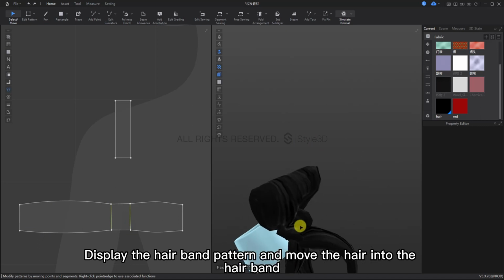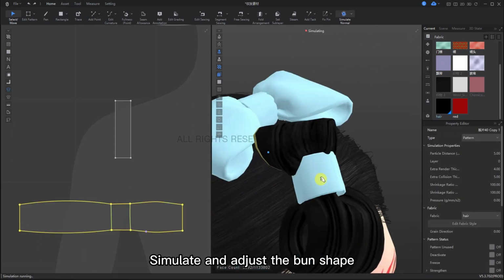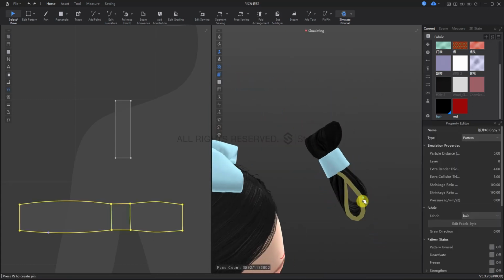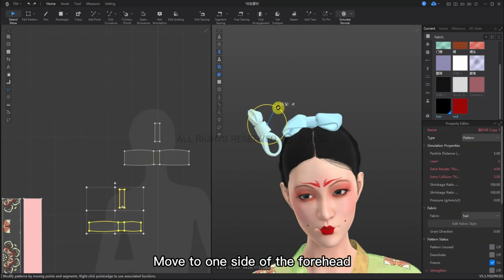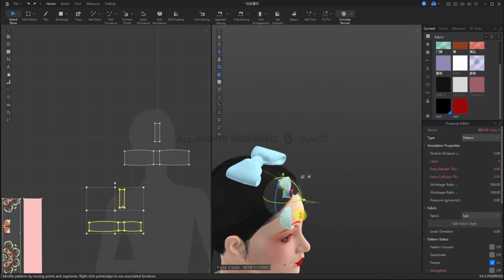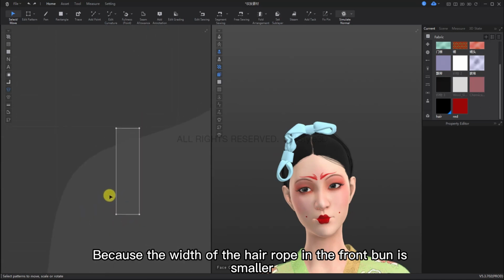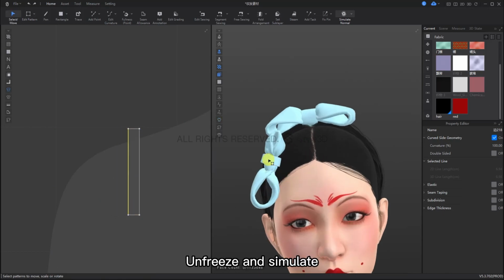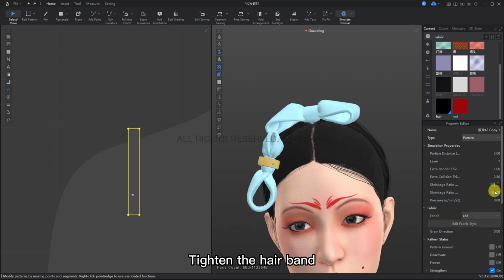Display the hairband pattern and move the hair into the hairband. Simulate and adjust the bun shape. Freeze it after it is beautiful. Move to one side of the forehead. Because the width of the hair rope in the front bun is smaller, we reduce the width of the pattern. Unfreeze and simulate. Tighten the hairband,